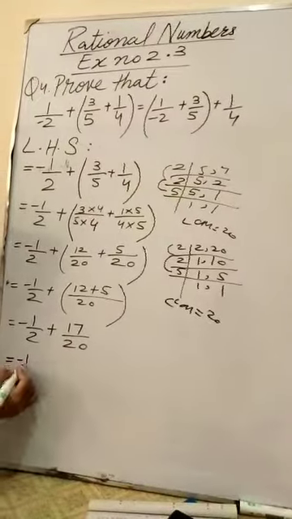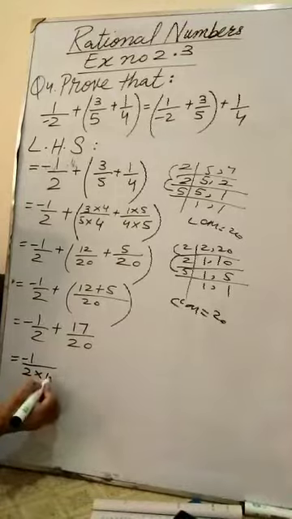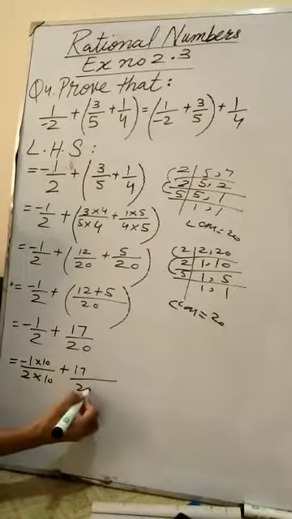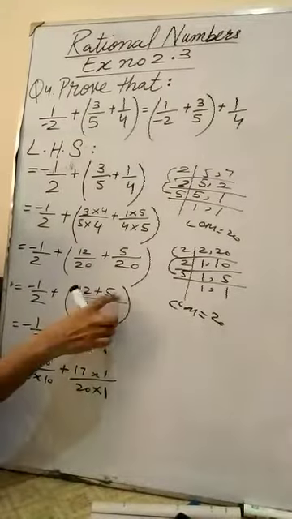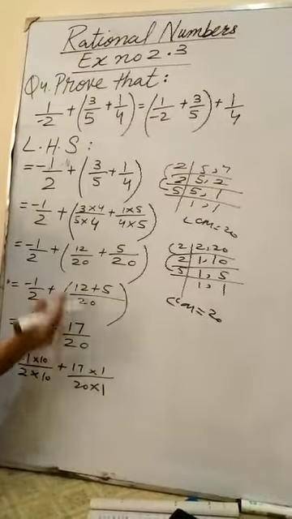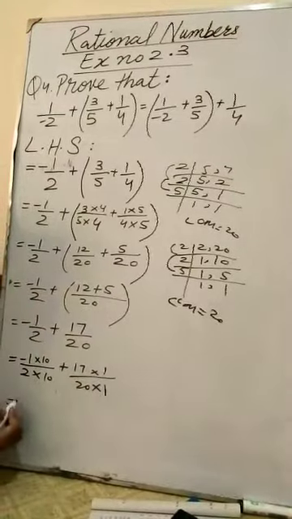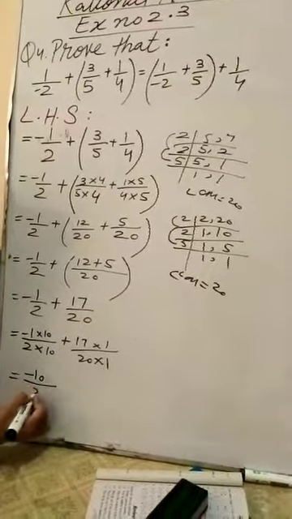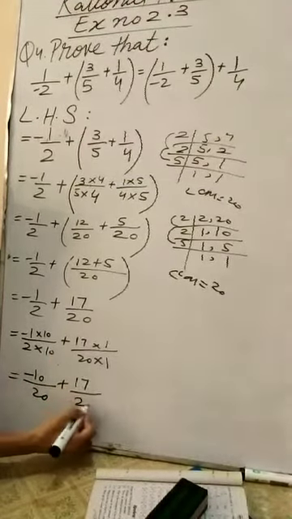So now we will take our values again. See, minus 1 over 2. 2 times 10 is 20. So multiply in the numerator. Plus 17 over 20. 20 1 times 20. So multiply in the numerator. When we get the single answer, the bracket will be removed. The brackets are removed. Now 10 1 times 10 with minus sign. 10 2 times 20 plus 17 1 times 17 and 20 1 times 20.